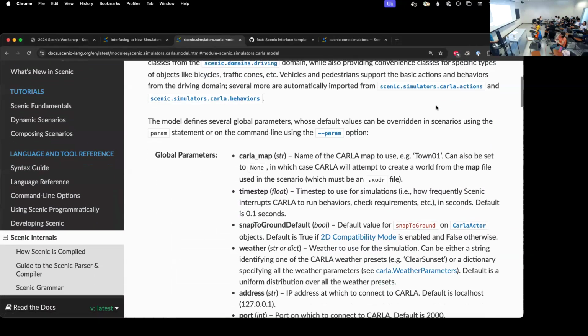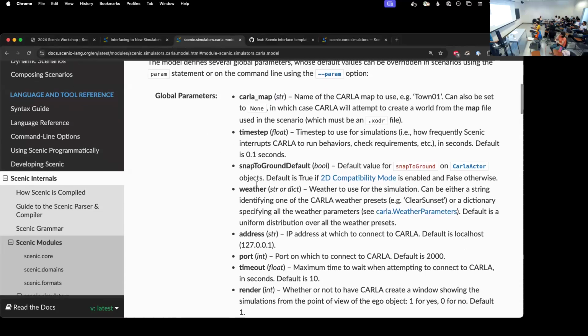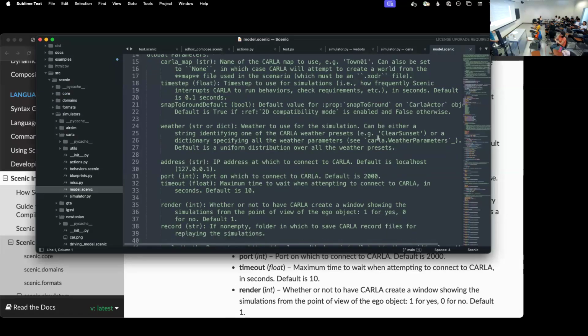If we go to that, you can see the global parameters that the Carla world model supports. So for example, the weather. So if you want to control the weather in a scenario, you set this global parameter called weather. And there's documentation there about what kind of value it should have. If we then look at how that gets used in the simulator interface,